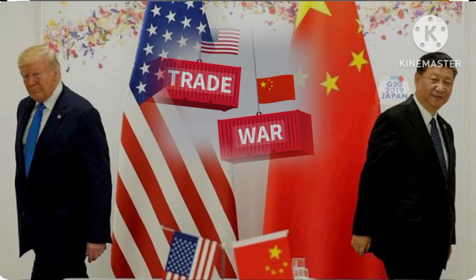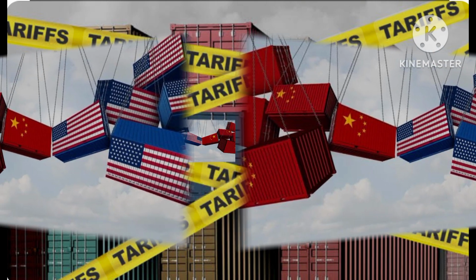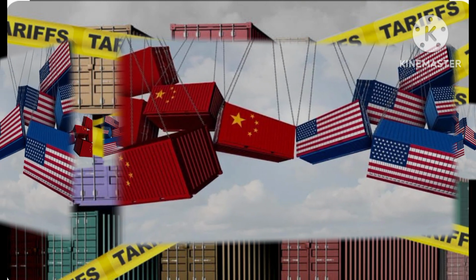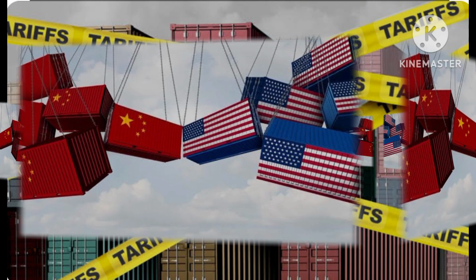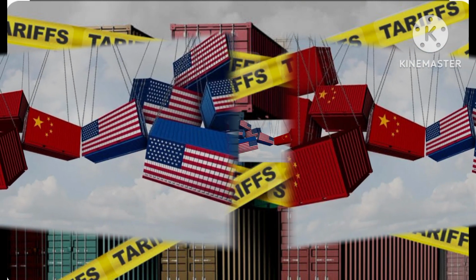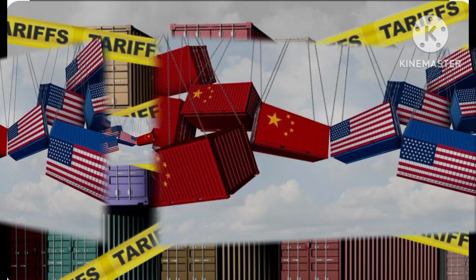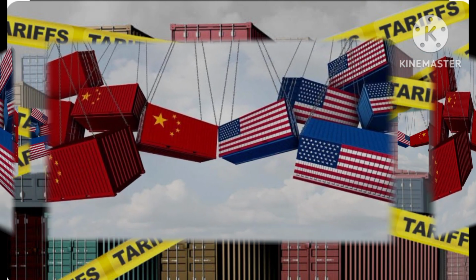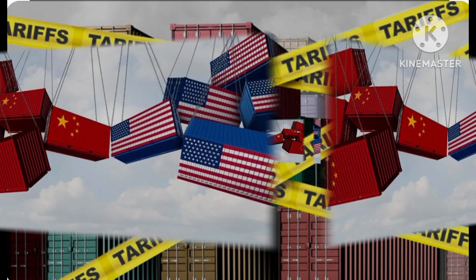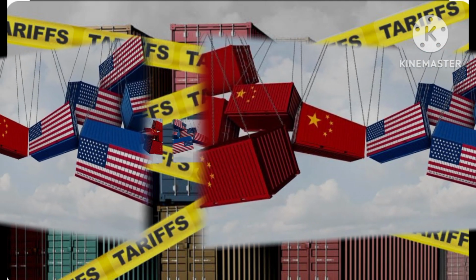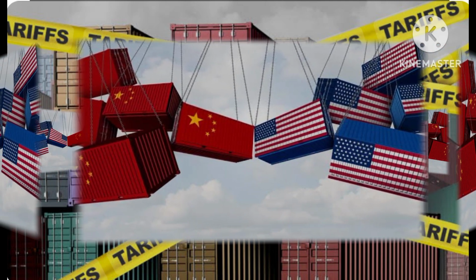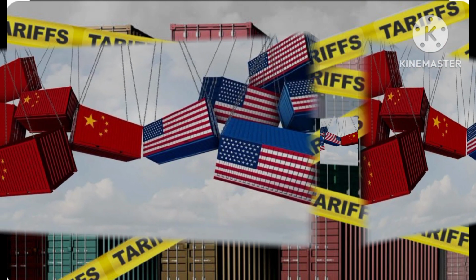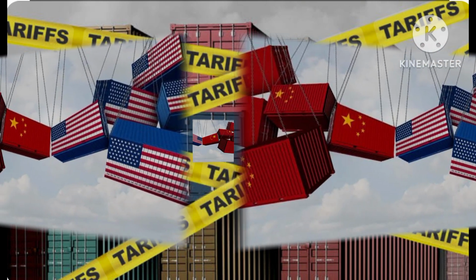The escalating U.S.-China trade war: origins, developments, and consequences. The current economic trade war between the United States and China represents one of the most significant geopolitical and economic confrontations of the 21st century. This conflict has escalated dramatically in April 2025, with reciprocal tariff hikes that threaten to decouple the world's two largest economies. Below is a comprehensive analysis of how this trade war began, its current state, and the likely consequences for